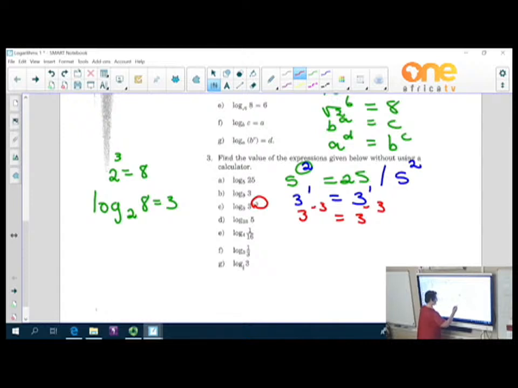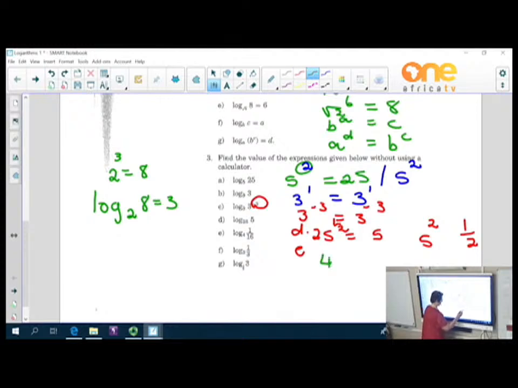This one, number D, 25 to the power of what is giving you 5. And again, we have to change them to the same base. So 25 is 5 to the power of 2. So the answer for this one will then be a half. 25 to the power of a half will give me 5. Number E,